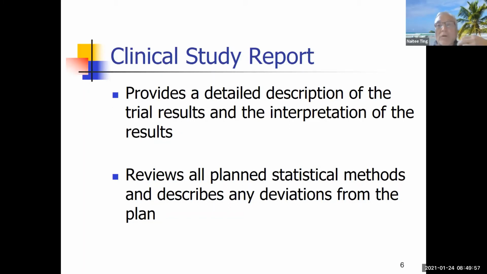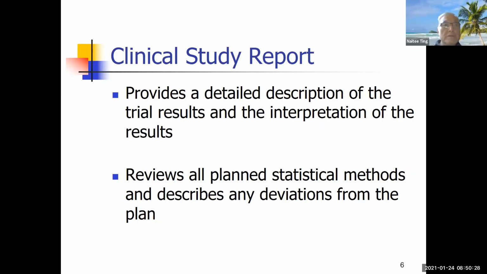So it is our job as a clinical statistician to understand what the data is telling us, what the story is about. And the writing of the study report is about translating the story the data tells me into a story so that other people can understand. All right. Now,